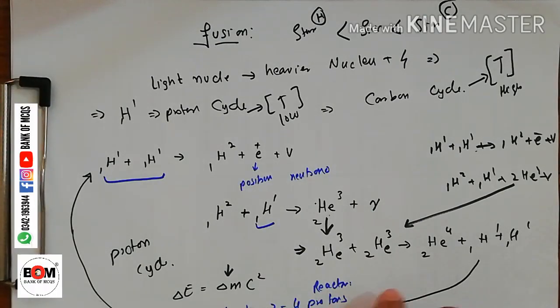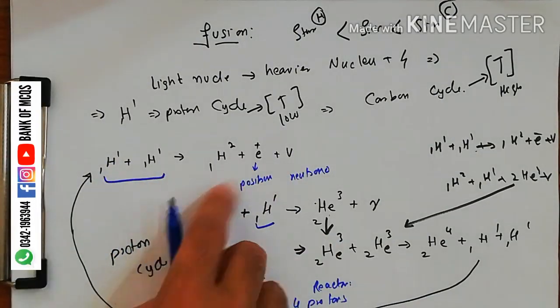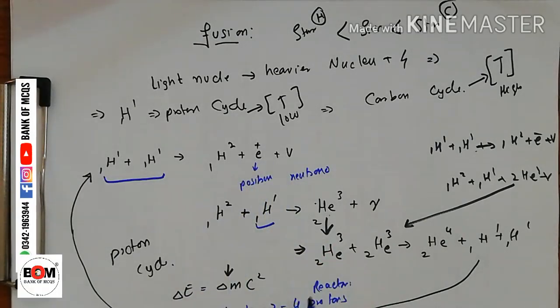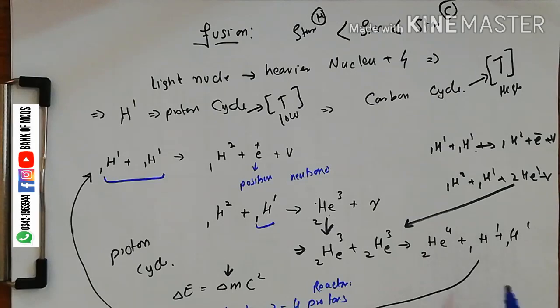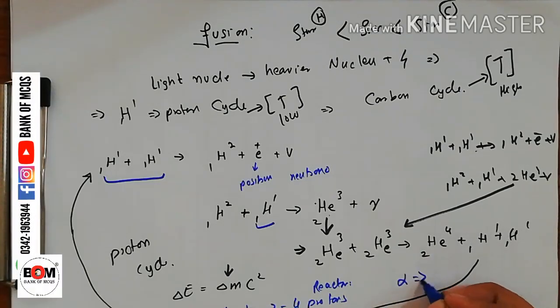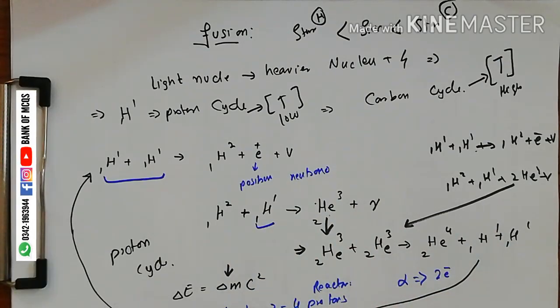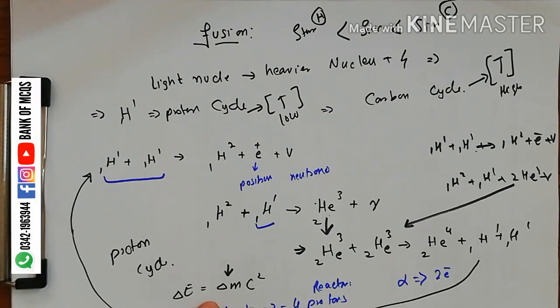Next, what we get in the product: this reaction occurs 2 times, so we get 2 positrons, 2 neutrinos, and an alpha particle. So the alpha particle is the product, and the next is we get 2 positrons. So the change in mass is between the mass of 4 protons,